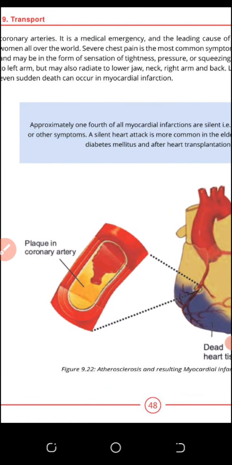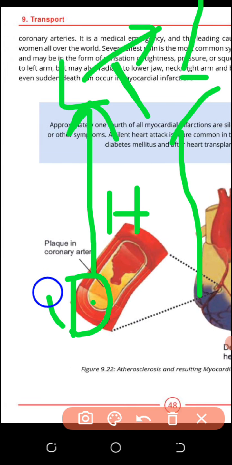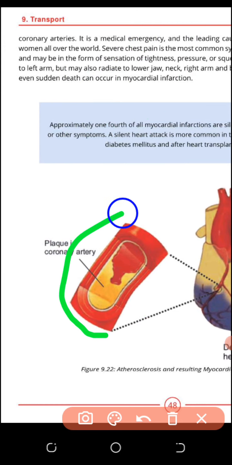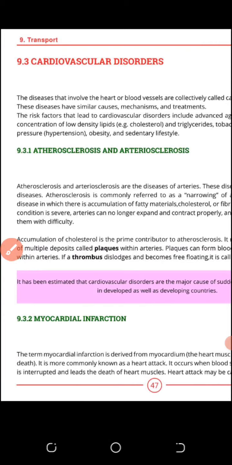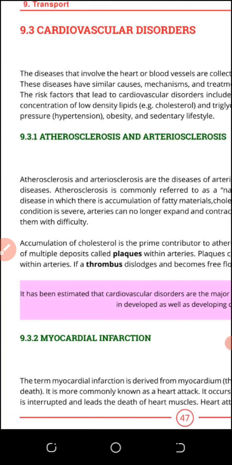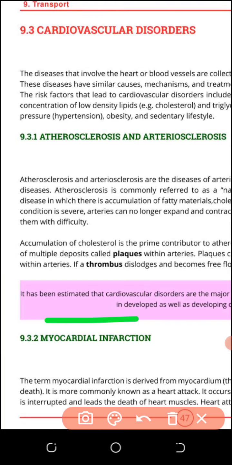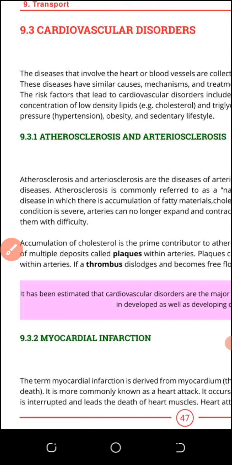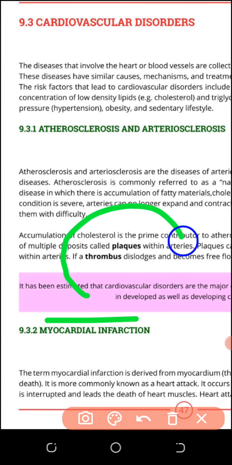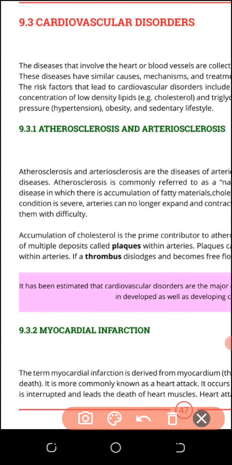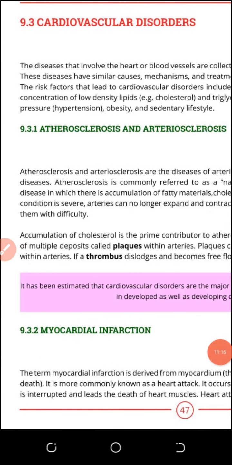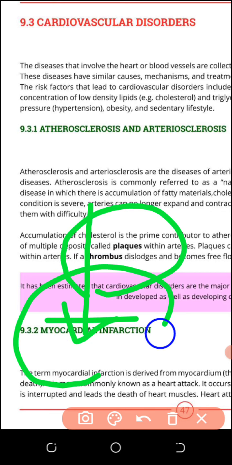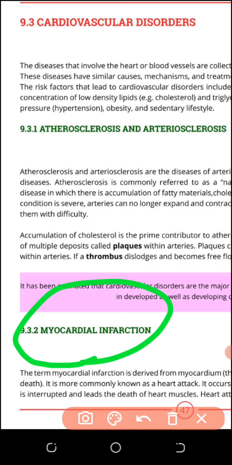So myocardial infarction is a condition in which a coronary artery is blocked. A clot forms in the coronary artery and the blood supply is stopped, and that is a heart attack, which is more common, and you are listening to this word again and again. Atherosclerosis is a disease in which arteries become thick, and that is a major reason for heart attack. Plaque or thrombus, which are composed of cholesterol and lipid particles, deposit and harden the arteries, and the arteries are unable to bear the blood pressure, and that creates the myocardial infarction, which is also called heart attack.